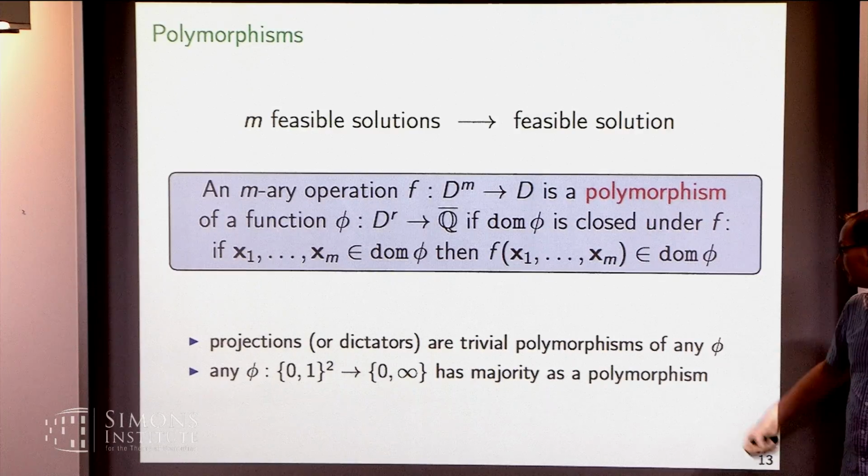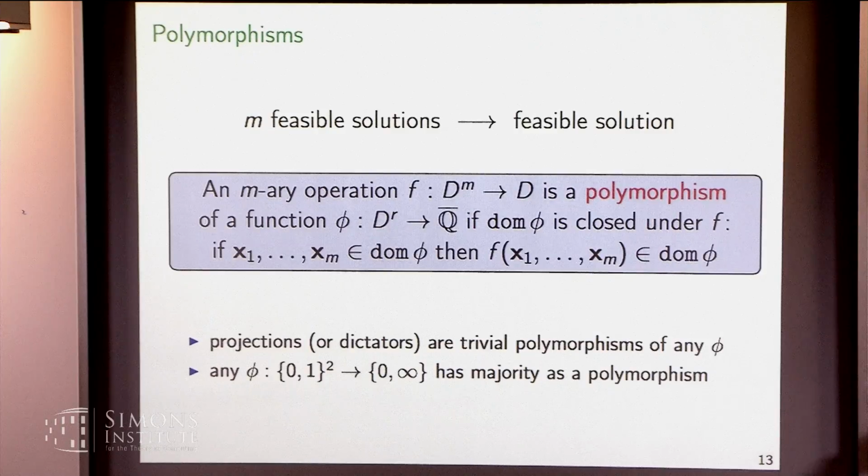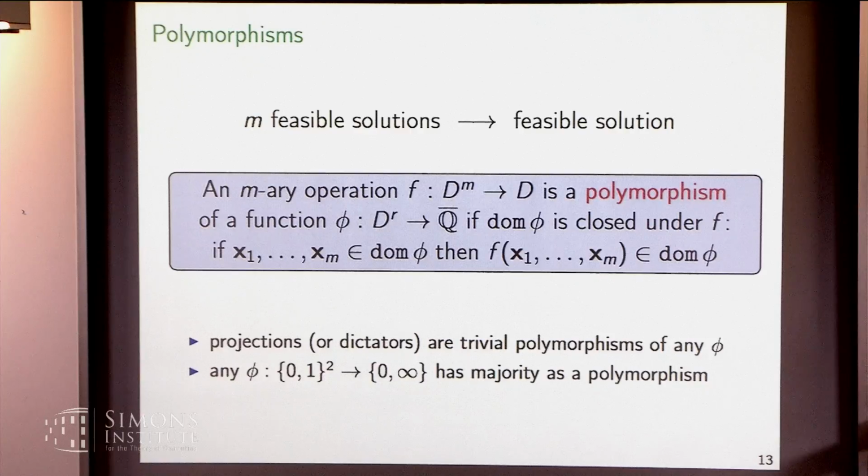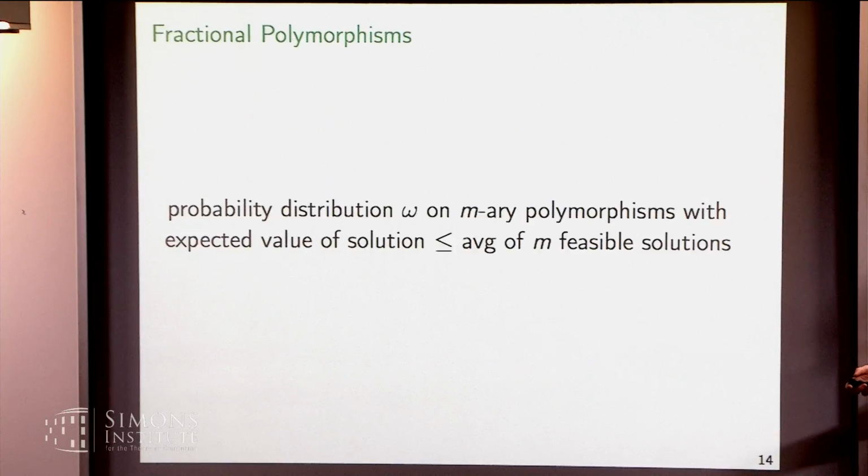Here's a different example. Majority is a ternary operation on 0, 1, which explains why 2-SAT is tractable. So really, the reason why 2-SAT is solved in polynomial time is because it admits majority as a polymorphism, from the algebraic point of view. So these are polymorphisms. Polymorphisms capture decision CSPs. If you want to talk about valued CSPs, which include CSP as a special case, but also include other problems, you need to generalize it, and you go to fractional or weighted polymorphisms. And these are probability distributions on polymorphisms with some desirable properties.